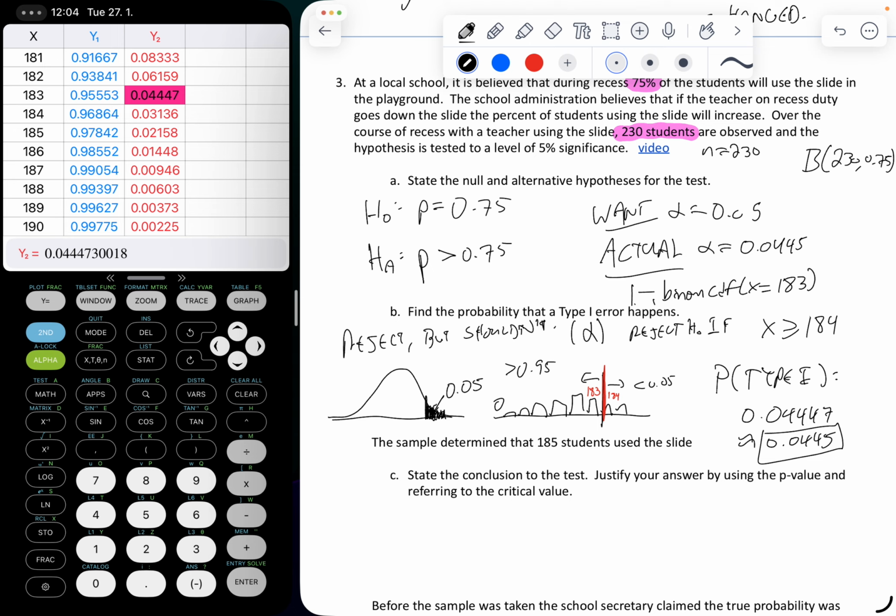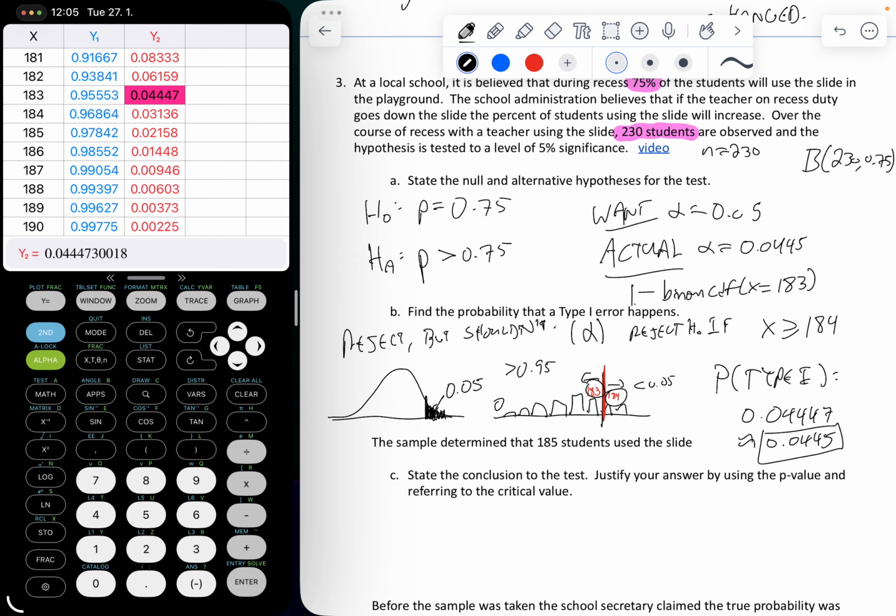Well, 1 minus binom CDF at 183 takes away everything 183 and less, so it starts at 184 and more. So the two ways we did it agree, right? We did binom CDF up to 183, and that gave us this value at 0.095. And then the 1 minus 183, both of those confirm that we need 184 or more in order to